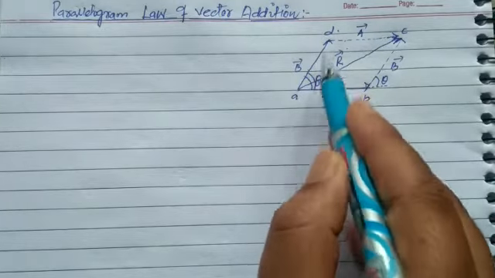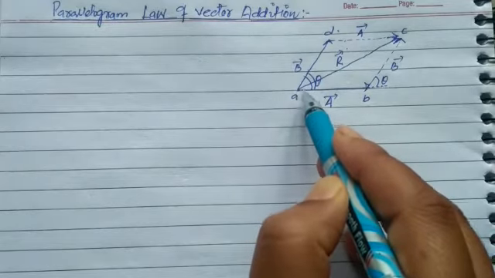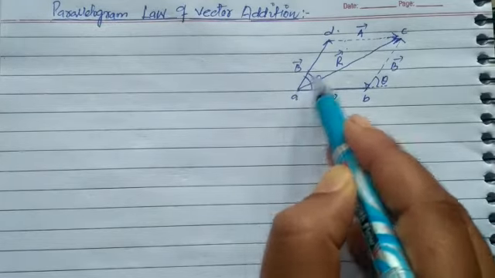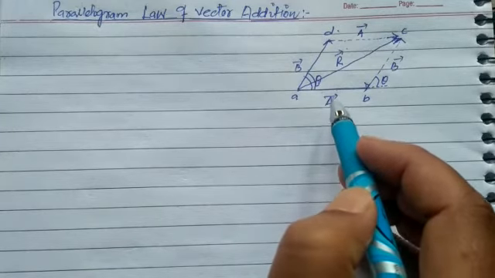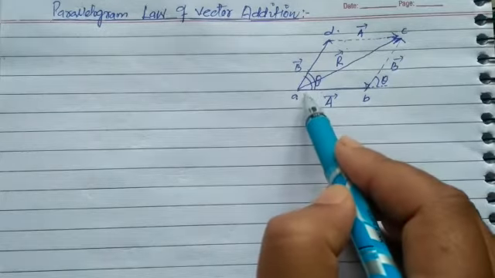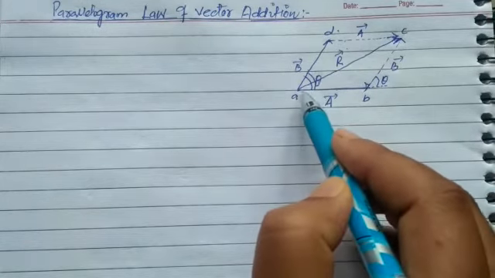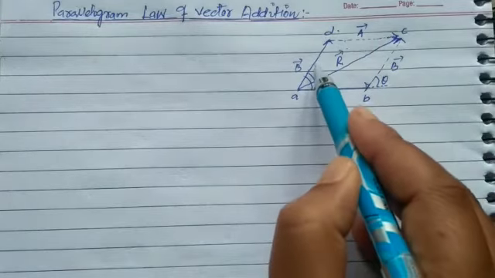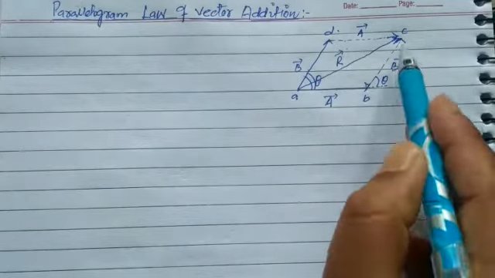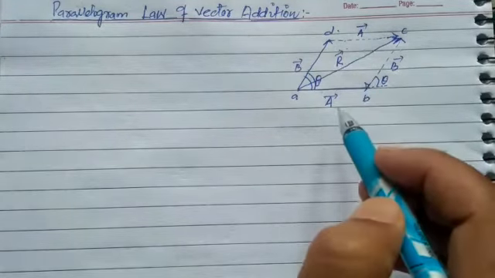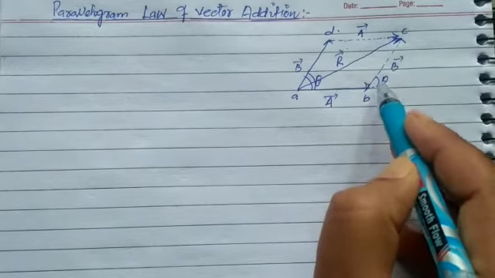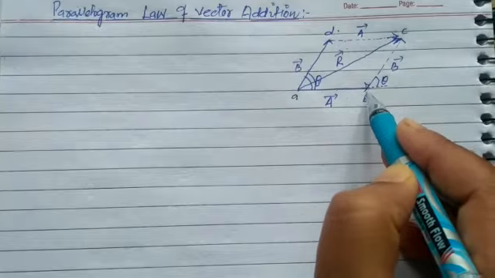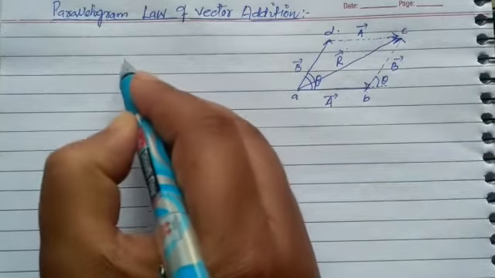This is vector A, this is vector B. These are the tails of vector A and vector B, and this is also the tail of the resultant vector. Now we have to prove it. If this is vector A and this is vector B, as I have completed the parallelogram, opposite sides of a parallelogram are equal and parallel. If this is vector B, then this is also vector B. If this is vector A, then this is also vector A. Then I can show that this vector plus this vector BC, which is equal to this, so I can put